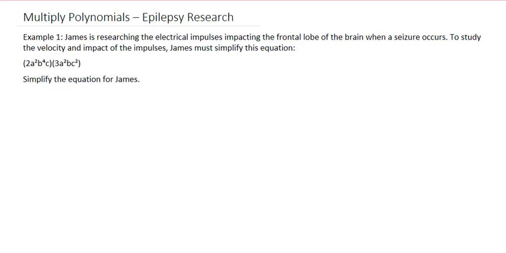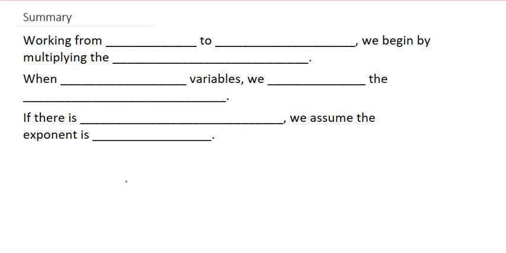Multiply polynomials. James is researching the electrical impulses impacting the frontal lobe of the brain when a seizure occurs. To study the velocity and impact of the impulses, James must simplify this equation. Simplify the equation. So for this, when we're working from left to right,